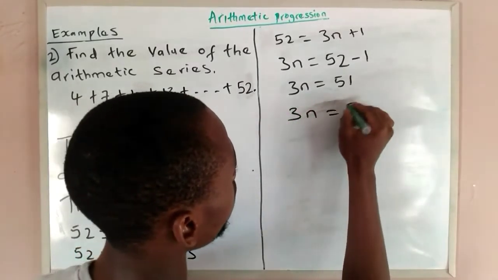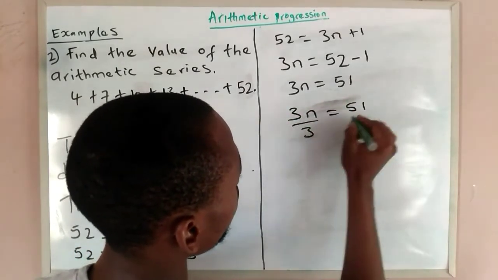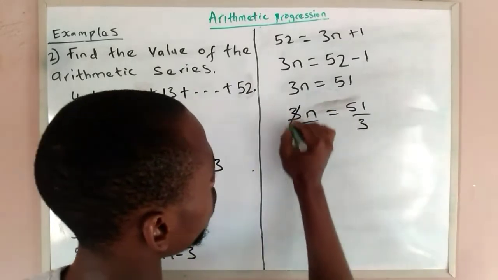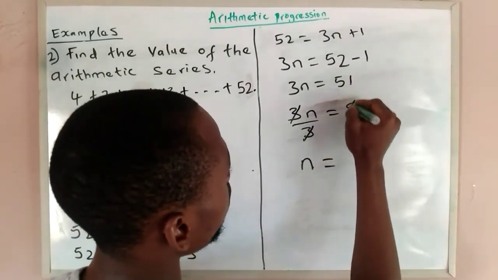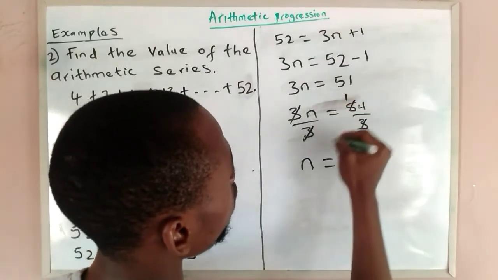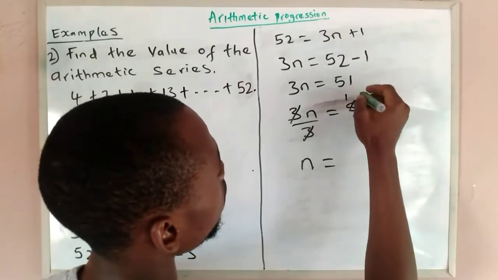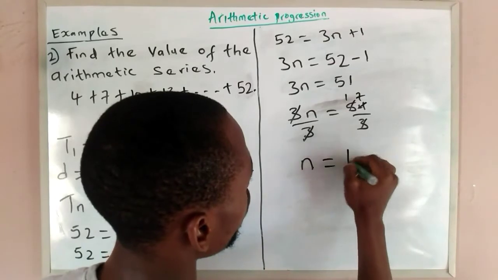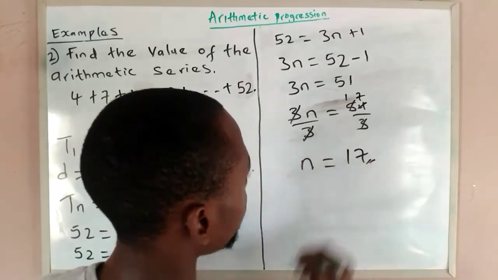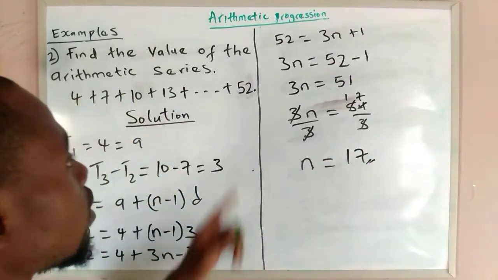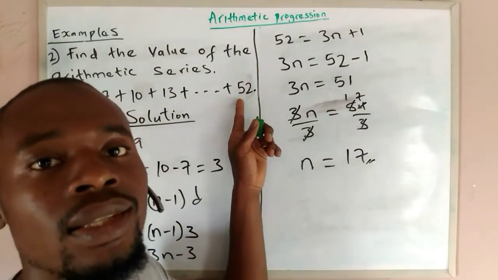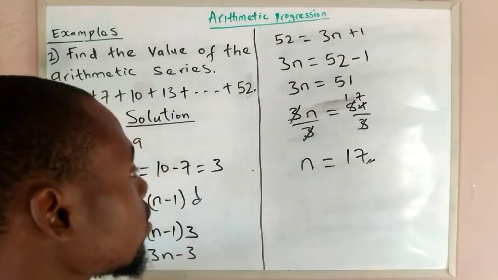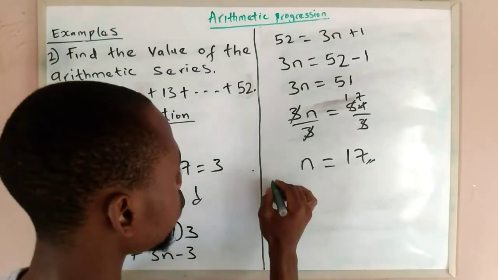So we have 3n divided by 3 is equal to 51 divided by 3. So this goes with this. And we have 3 here, 1, 3 here, 1 remainder 2. We put the 2 here, 3 in 21, that will be 7. So we have n equals 17. That means the 52 here is our 17th term. That means the 52